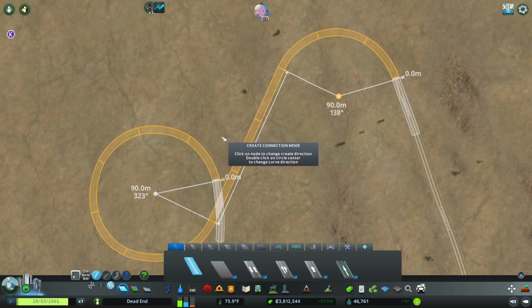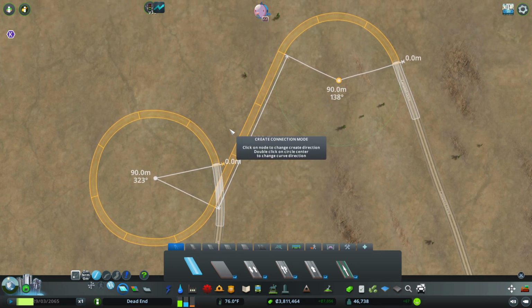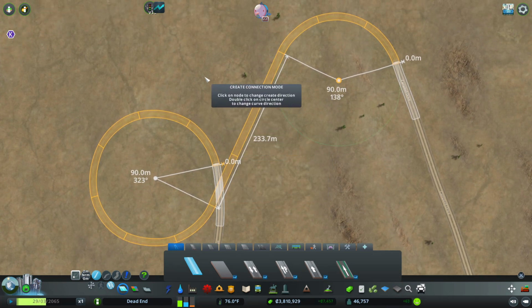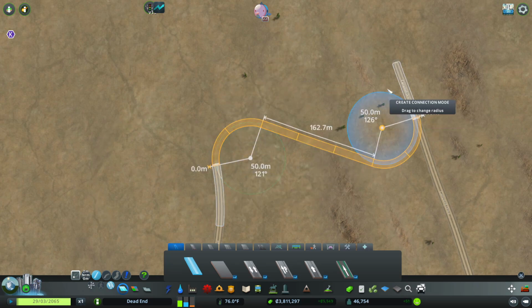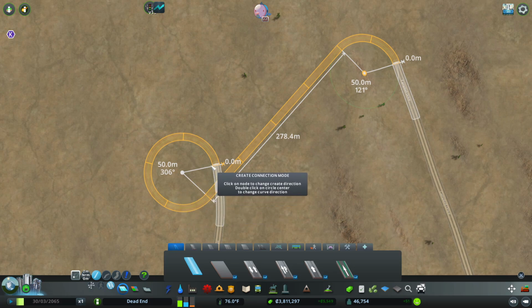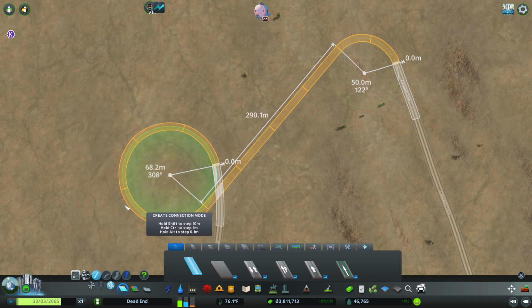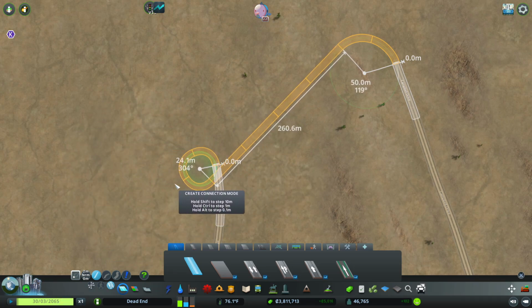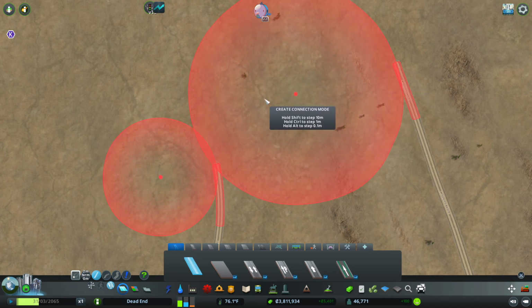What is going on? Is it too much to connect? Okay, so double click to change the center of the circle. Oh, hold on. Something happened. No. Oh, I didn't know I could do all that. Okay, that's pretty cool, but that still doesn't...